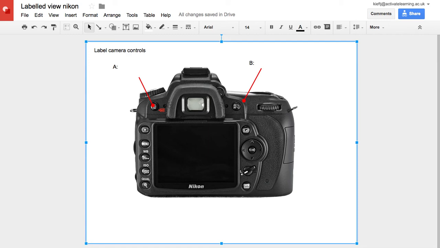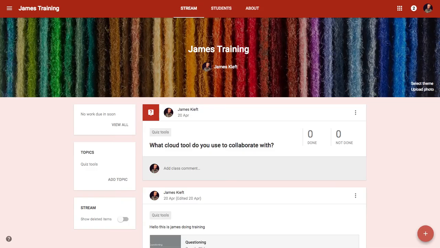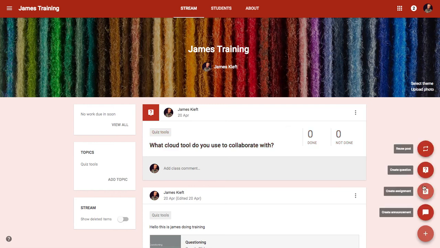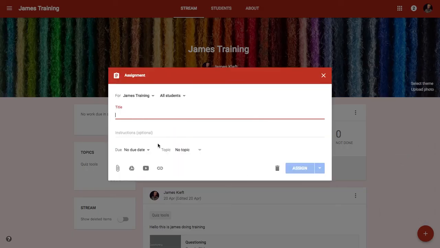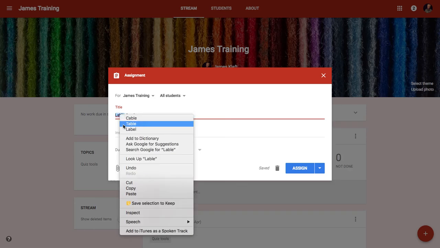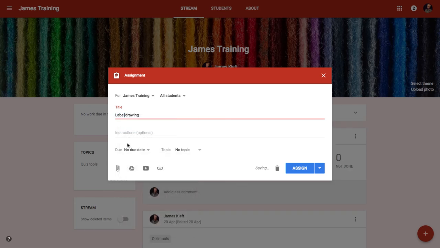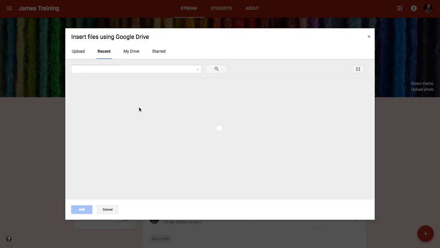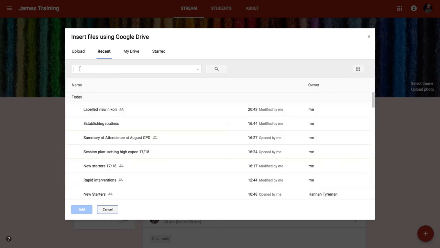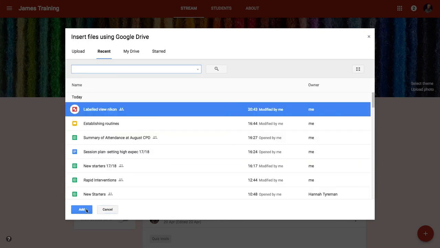A great way to share it with your learners is to do it via Google Classroom. So we jump to Google Classroom, I come down and create an assignment. I can title it label drawing. I can then click on Drive to choose a file, and the great thing is it will always pick the most recent file. So I've got my drawing there, I can add that,